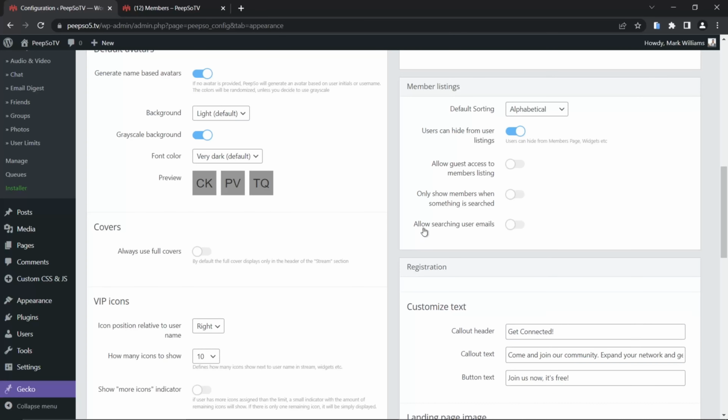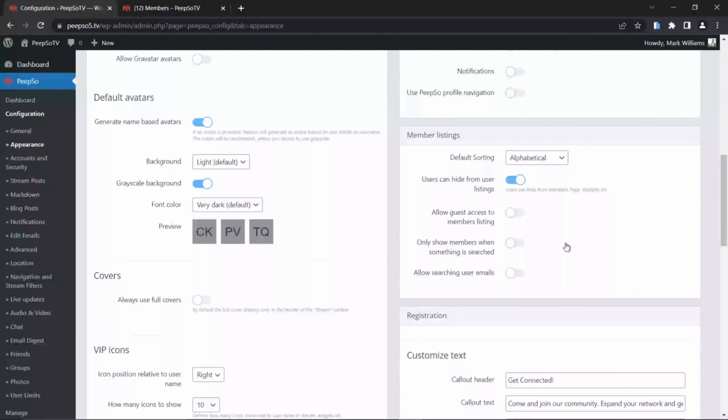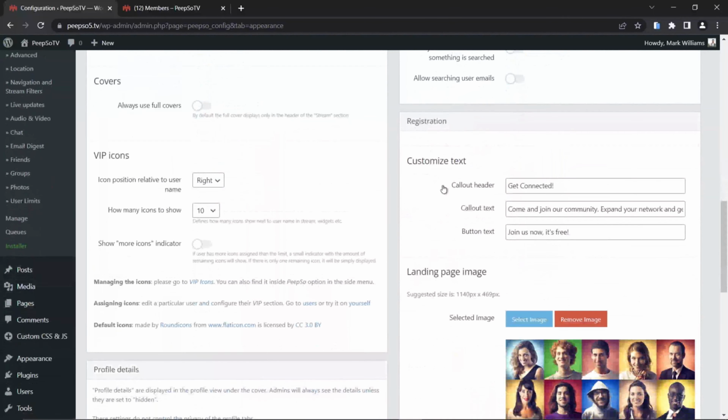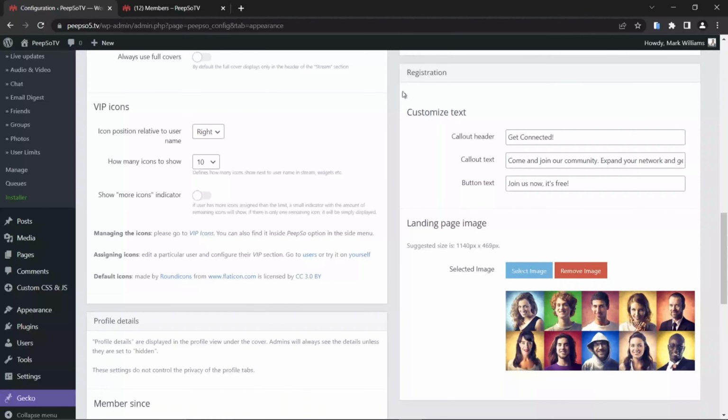All right, and allow searching user emails is disabled by default because honestly this is a security breach. But if you have a closed network or closed website with only a handful of users, you can enable this option as well. And finally, the last options on this page are regarding registration, and these options are simply controlling